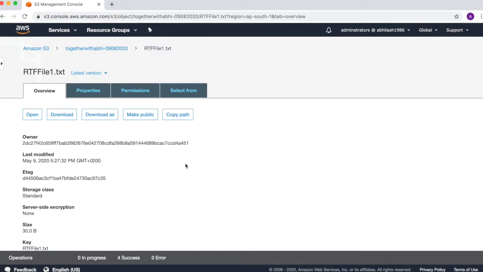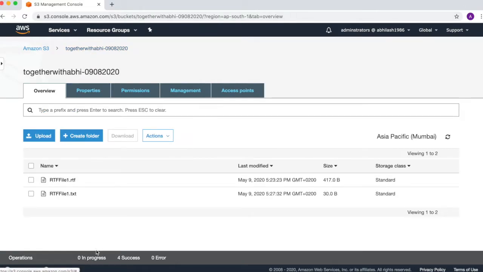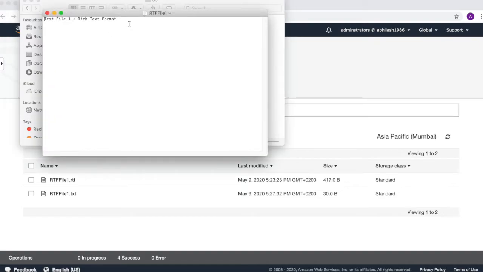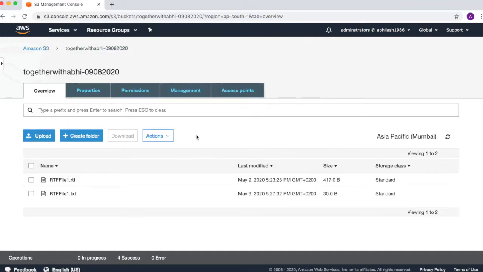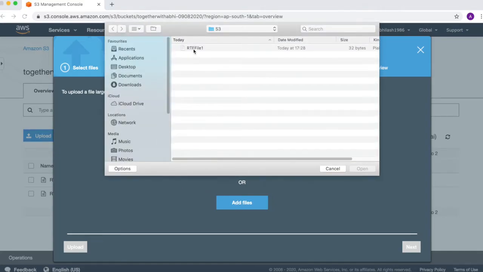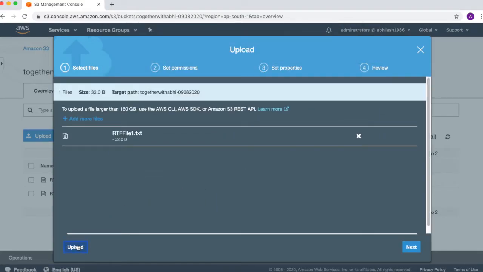The next thing that we are going to do is update this file. Okay, so we go back. Firstly, let me update my file locally. Let's find my file first. We'll go and update this file. So this is a normal text file now. I'm just going to update its content. Let's write "normal format file", save it and upload it. So we are just going to overwrite the content that it already held.